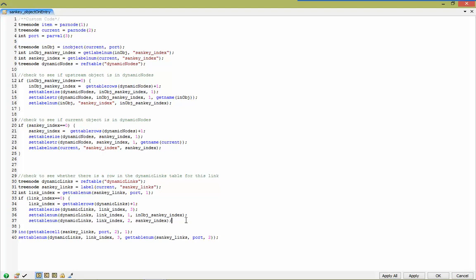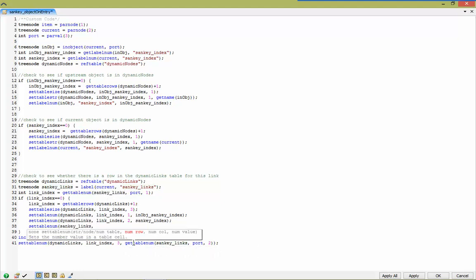Yeah, we never did a set table num in the label table, which is called Sankey links, of the row we want is link index, and the column we want is column 1, and we're going to put the... it's not link index goes out here, and this is port. Good. Okay,